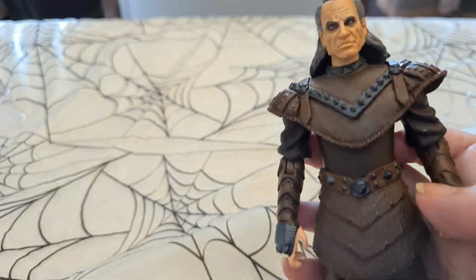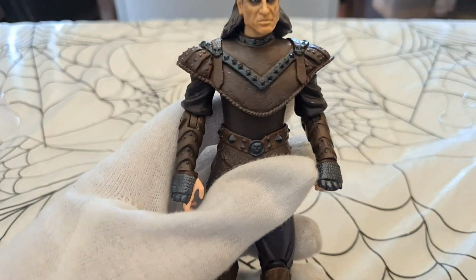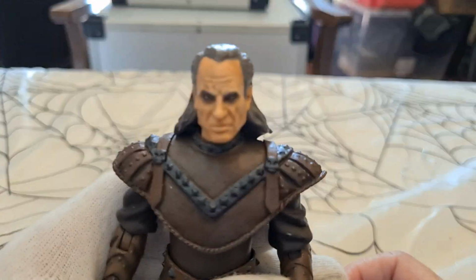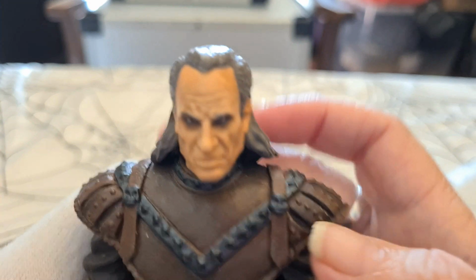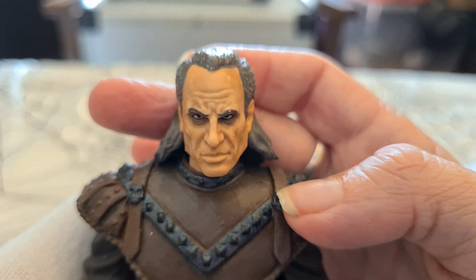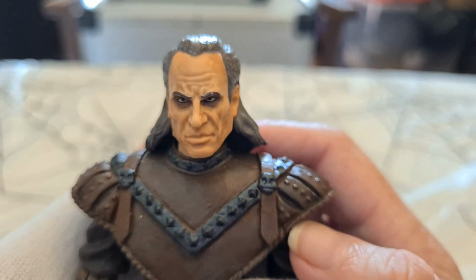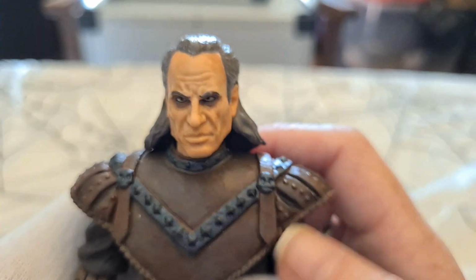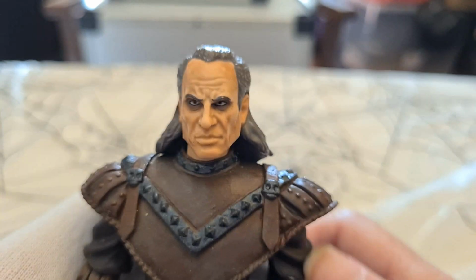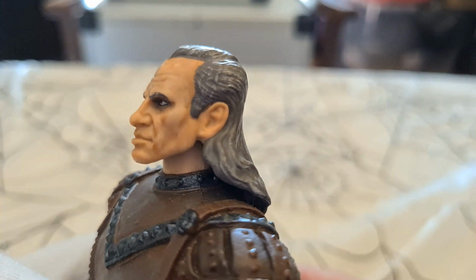Yeah, this is a lovely figure. It's quite big, so I might tilt the camera up slightly so we can get it. There we go, a better view of him. And I believe the face is when he had the scary evil look, because the normal Vigo would have had blonde hair and a more normal looking face. Yeah, the sculpt isn't brilliant on the face. It doesn't really look like the actor, but again, if they're trying to capture the evil,